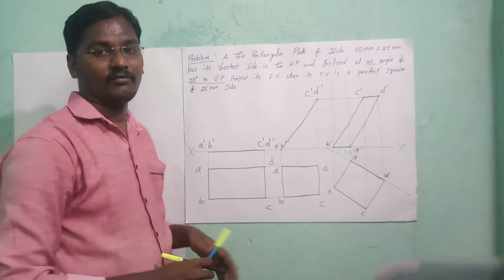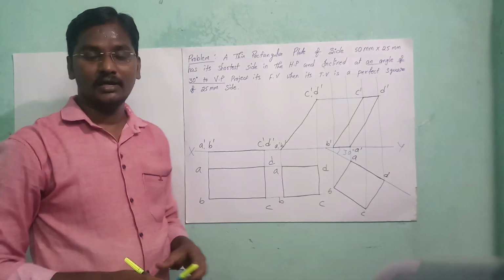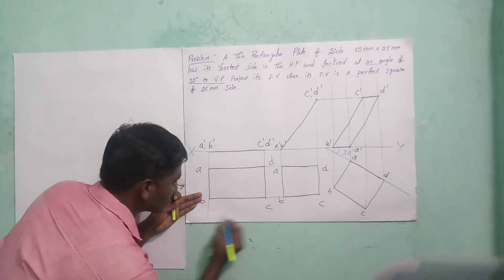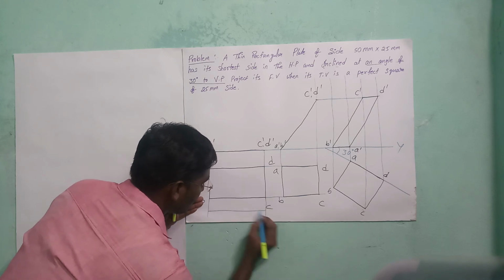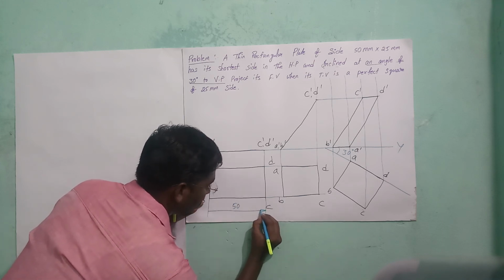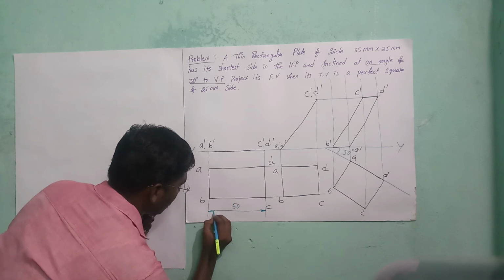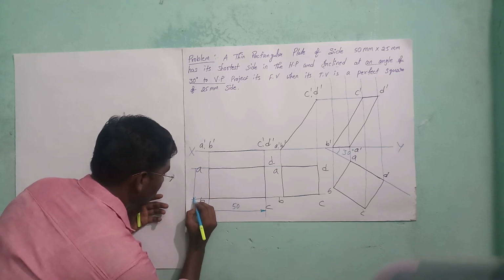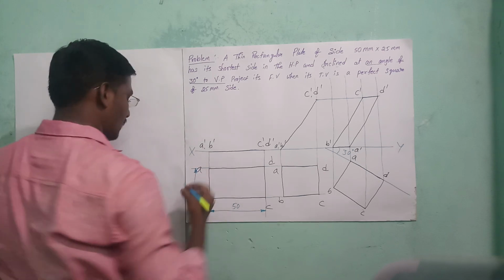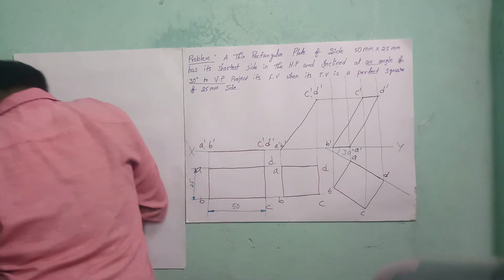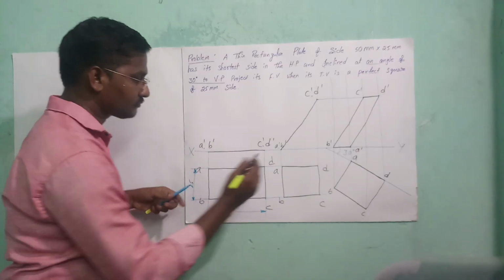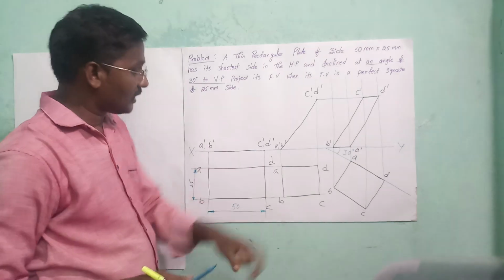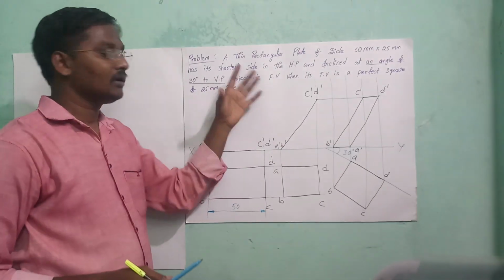Now this is the final view of the given problem. Okay, I hope everyone has understood this problem. So after completion of this problem, we have to give the dimensions here like this. Draw the projection lines. Here the distance is 50, and place the arrowheads like this. After this, like this, we have to give the dimensions and locate it as 25. Okay, so we have to measure this angle. Anyway, we have given the angle of 30 degrees. Okay, now this is the diagram of the given problem.